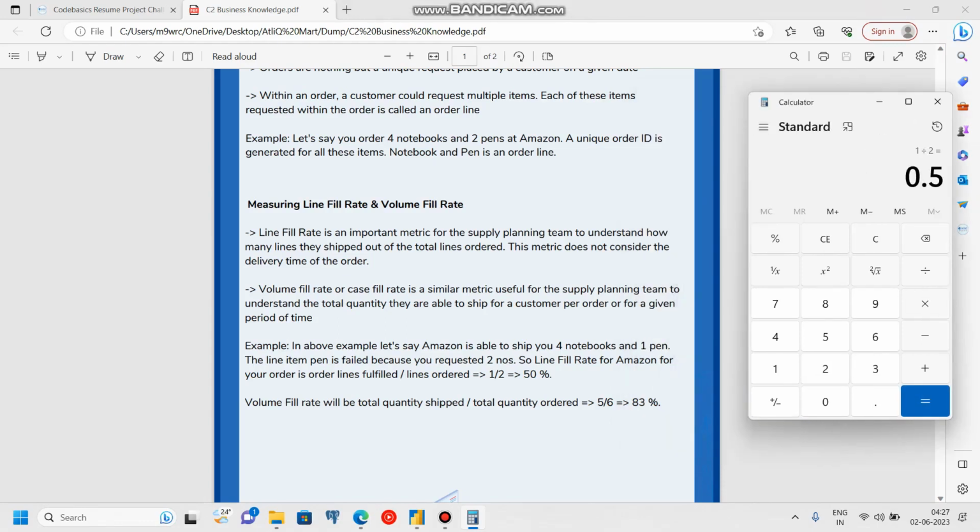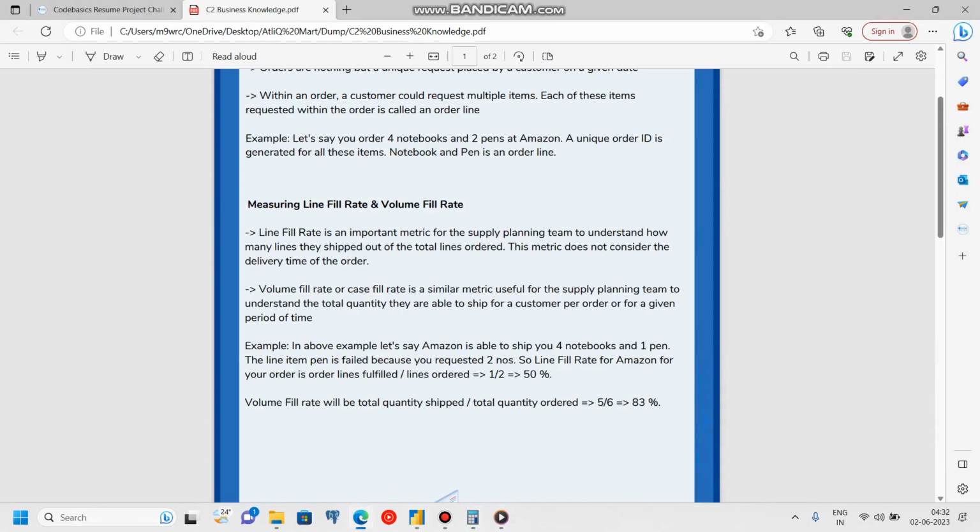Similarly, volume fill rate is equal to the total quantity shipped upon total quantity ordered. So let's say for my example wherein I ordered some products from Zepto, I ordered 3 quantities and Zepto has delivered me 2 quantities. So the volume fill rate here will be 2 quantities, 1 dozen eggs and a packet of brown bread, divided by the 3 quantities that I ordered. So the volume fill rate here will be